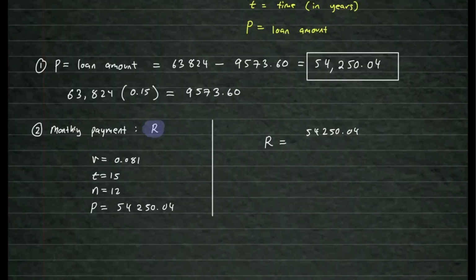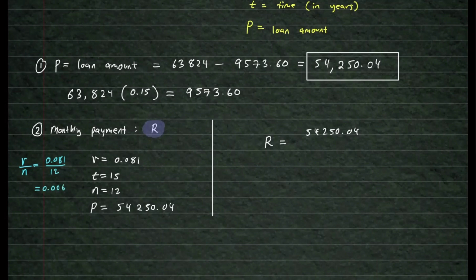So let me go ahead and do that for you here. I'm also going to calculate R over N. R is 0.081. You divide that by 12, and that is going to give you about 0.00675. You want to do that calculation before you continue on into the formula, or you could just plug